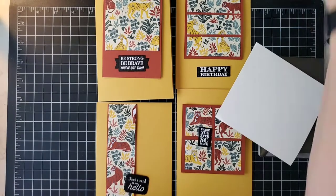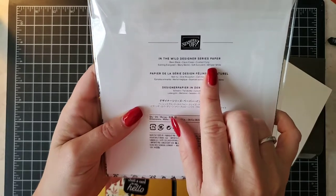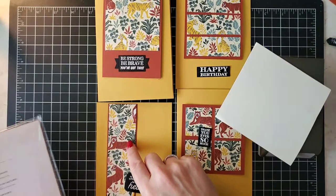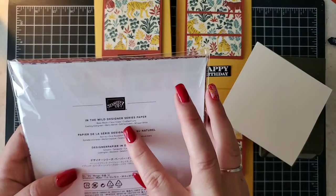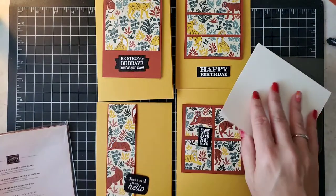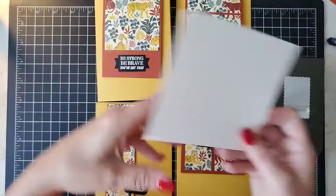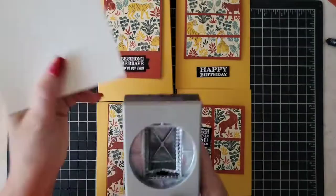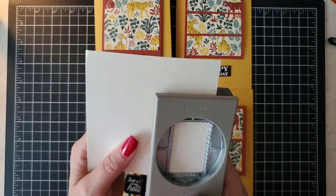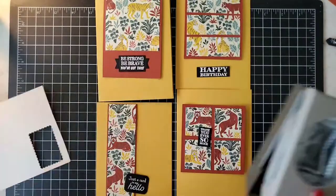If you're ever not sure what to use, remember to go back to the back of your paper. Oh, this says Whisper White, but it looks like vanilla to me. How funny. I'm still going to use the vanilla because I think it looks vanilla. But if you have a hard time picking out your papers, just remember you can do that. So I'm going to punch this out,